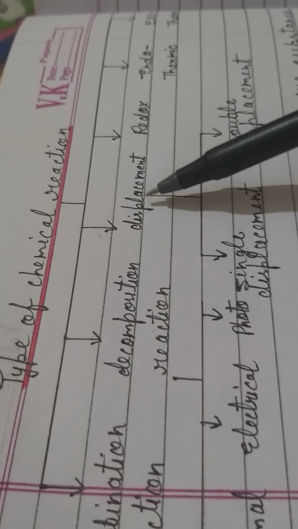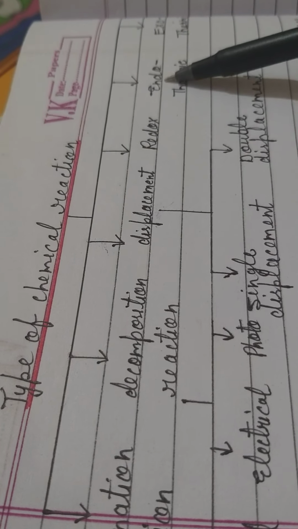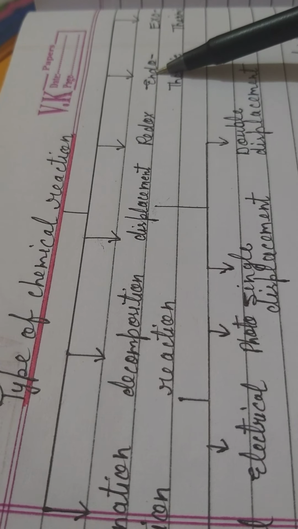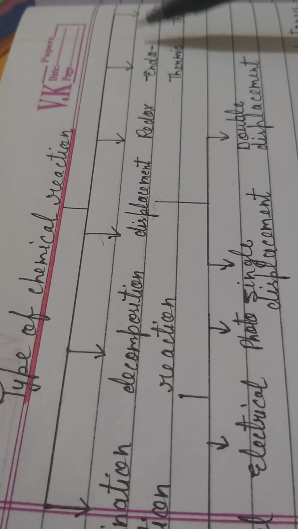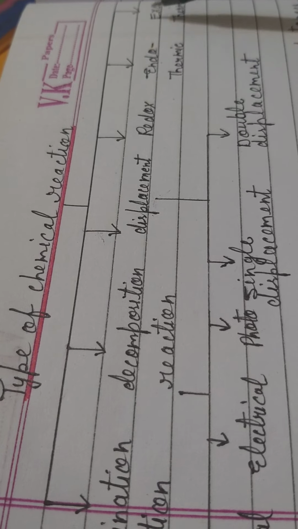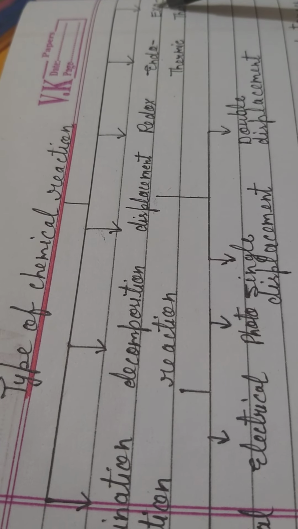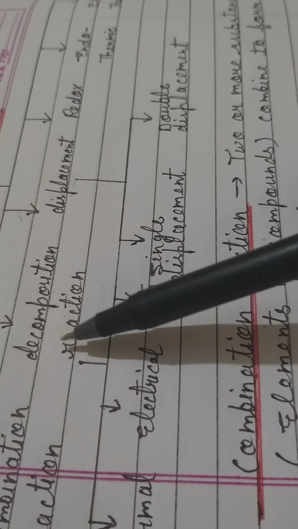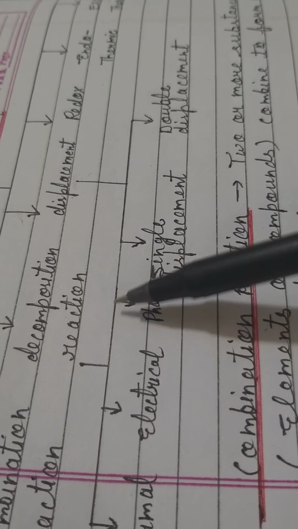Second decomposition, next displacement, redox, endothermic and exothermic. These two are the reactions which are totally based upon the heat evolved or the heat absorbed. Okay, so that will be discussed later on. And now you can see here I have written the decomposition reaction, which has been divided into three